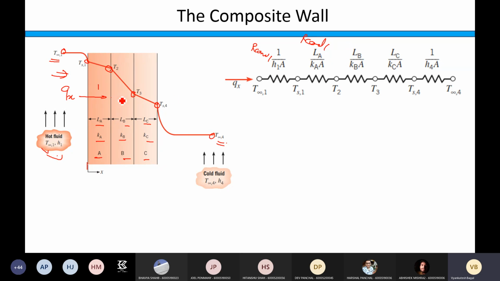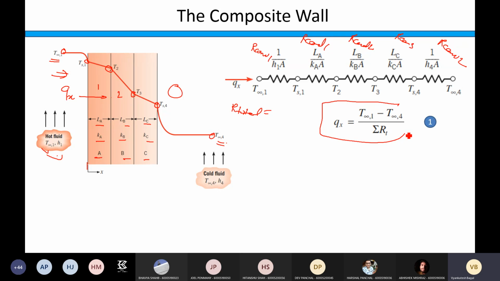Then we have the second resistance, this one, R conduction 2. Then the third one is R conduction 3 of part C. And at last we have one more convective resistance on this side. This is R convective 2. I have used one here, that's why I'm writing R convective 2 here. So the next step is simply to find the R total resistance, which is the sum of these 5, and then